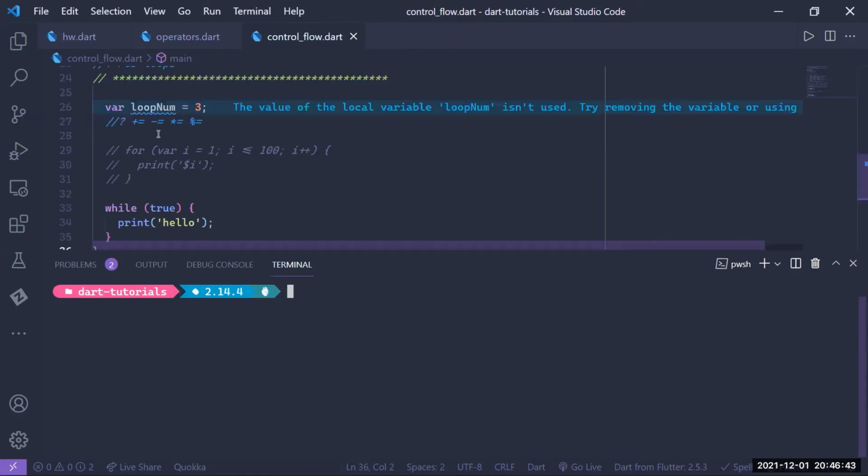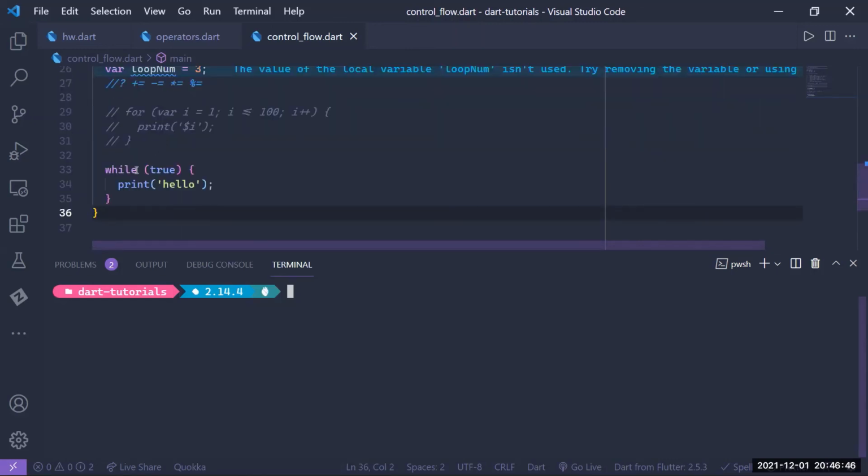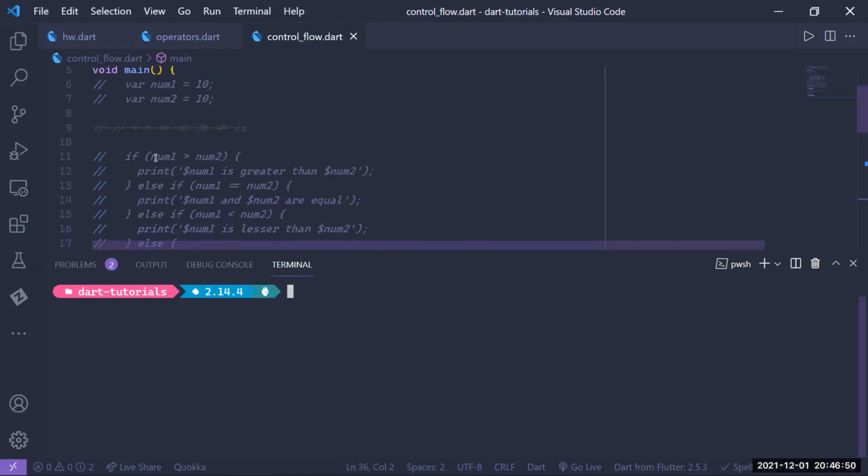So just like the for loop or if statement, this while loop expects a Boolean value. You know, when we talked about the if statement, we said it expects